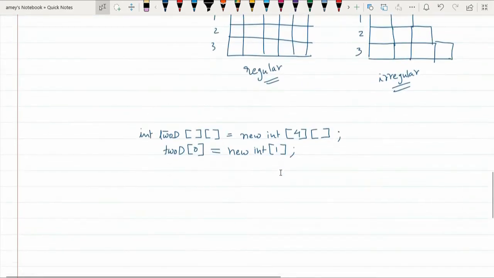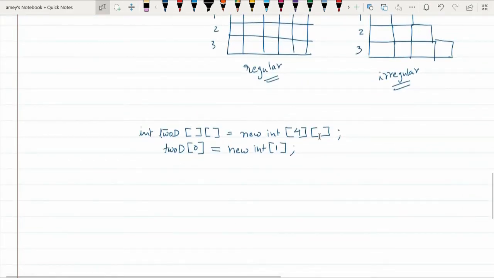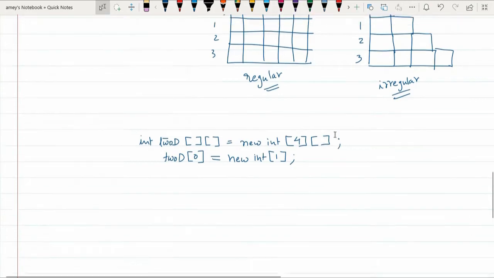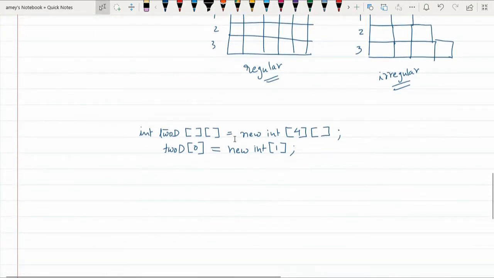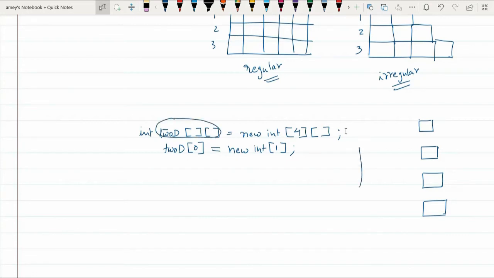So what will happen? First, this particular line over here will do what? It will create an array in the memory. It will create 4 arrays like this: 1, 2, 3, 4. Okay, it will create 4 arrays. Now, when you talk about this 2D reference variable, it will be created like this,